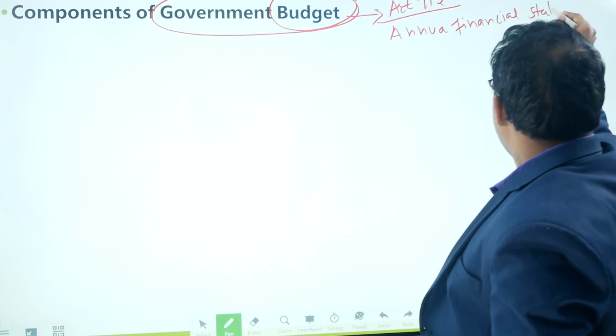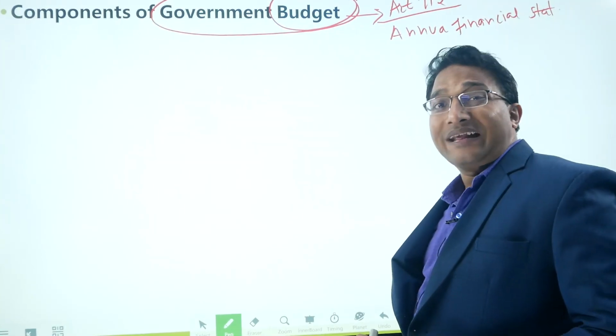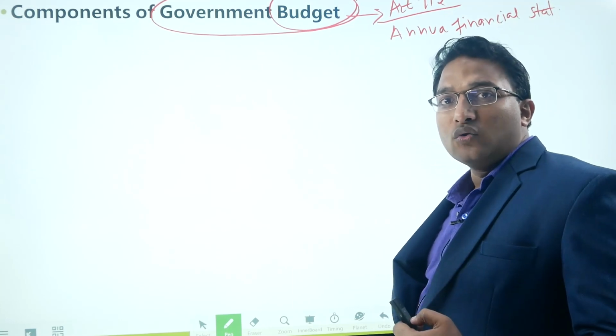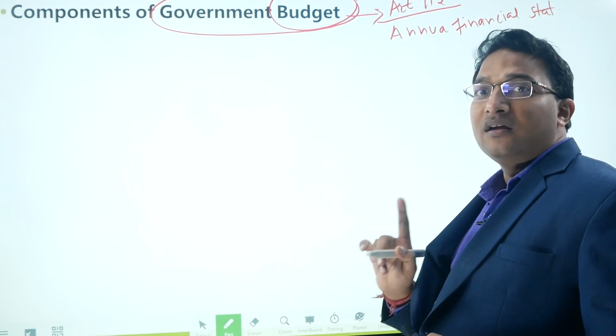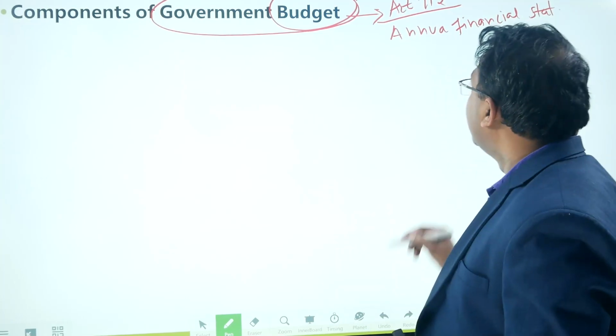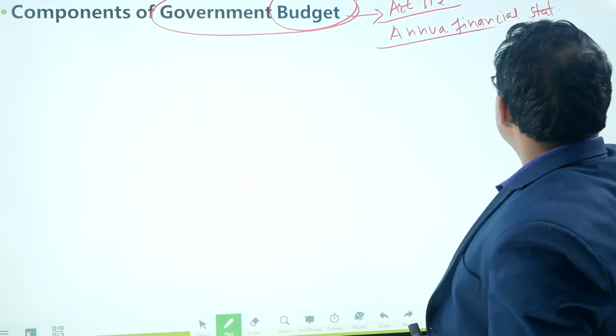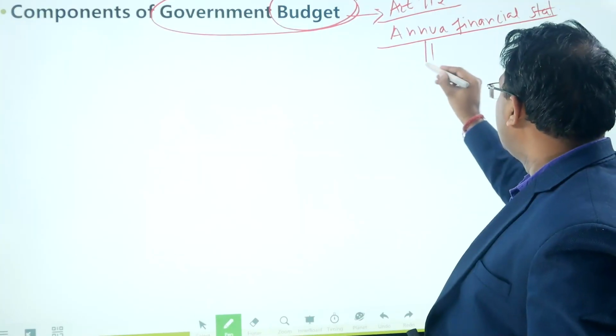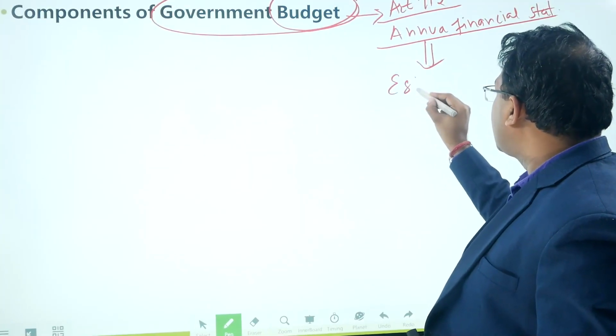It is the obligation of the President of India to lay down the annual financial statement in both the houses of Parliament on an annual basis, right? This annual financial statement is basically the estimate